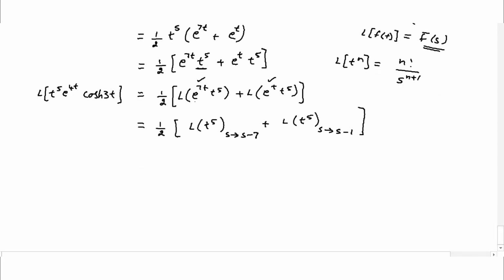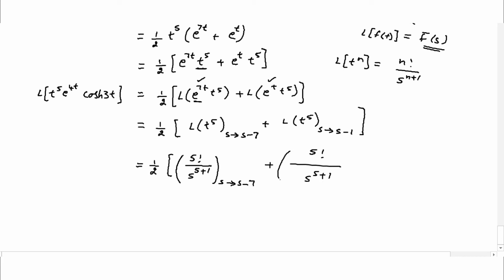What I have done is, to eliminate this e power of 7t, I have written the Laplace transform of t power of 5, and this e power of 7t is eliminated by writing s being shifted to s minus of a. Here also same thing, s is being shifted to s minus of a, which will be equal to 1 by 2 times of n value over here is 5, so it is 5 factorial divided by s power of 5 plus 1. And what will happen to this s value over here? S is being shifted to s minus of 7 plus here also it is 5 factorial divided by s power of 5 plus 1. S is being shifted to s minus of 1,